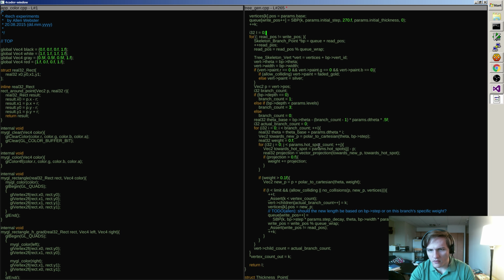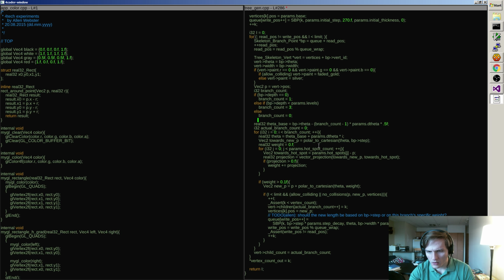The other thing I could do is say and I is less than the limit. There, so that the main outer loop will stop. Hopefully that doesn't introduce a bug. It might. That might be why it isn't actually written that way. For some reason I decided I wanted. Yeah, well, we'll see. Okay, so theta base is introduced here, and then